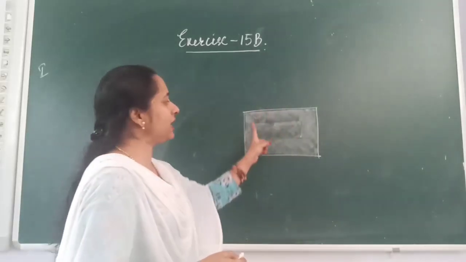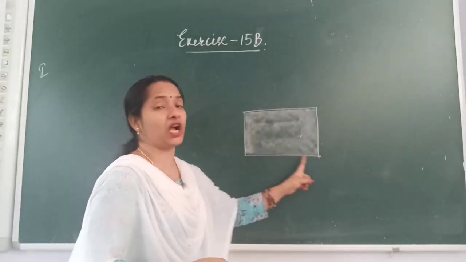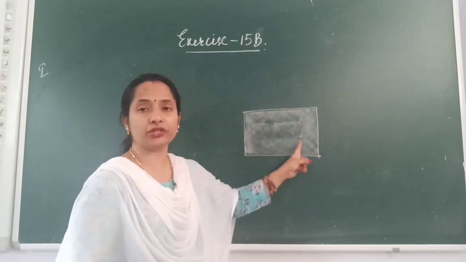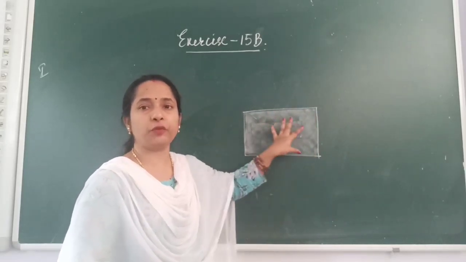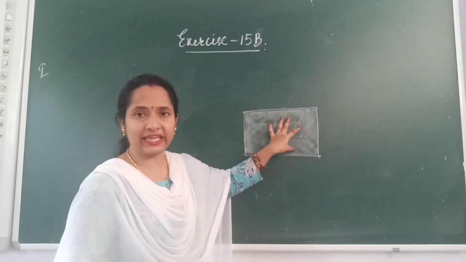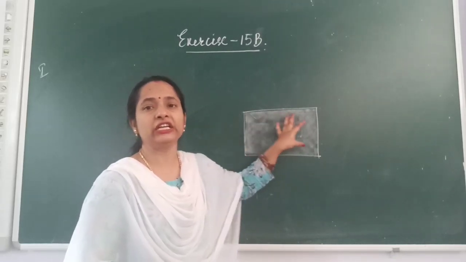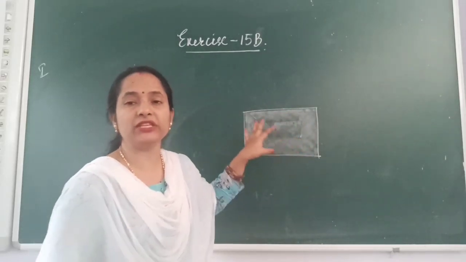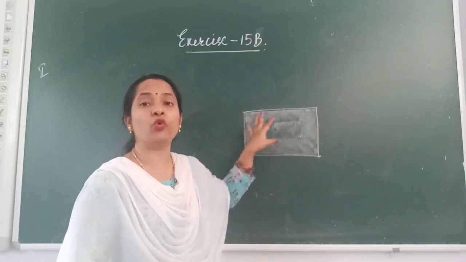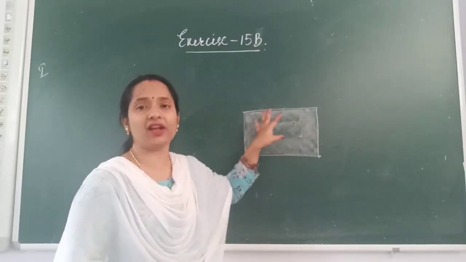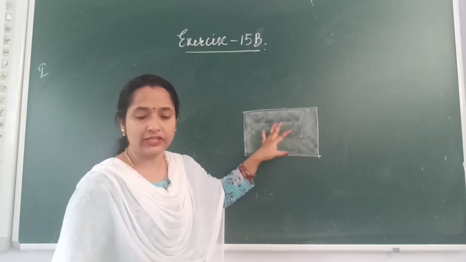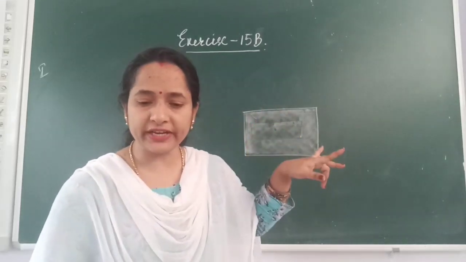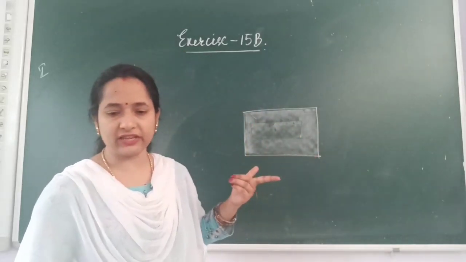So which part? What is this part called? What is this portion called of a rectangle? This portion is called as the area of the rectangle. So we have a person here, his name is Ram Singh. Ram Singh is mowing along the area of the given rectangle, right? So here the length of the rectangle and breadth of the rectangle is given.